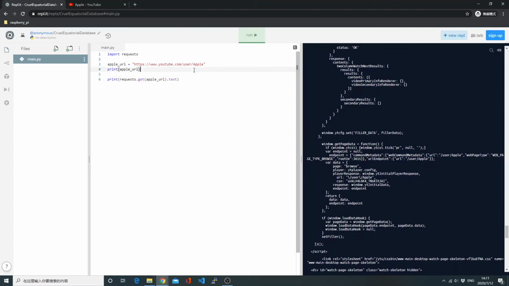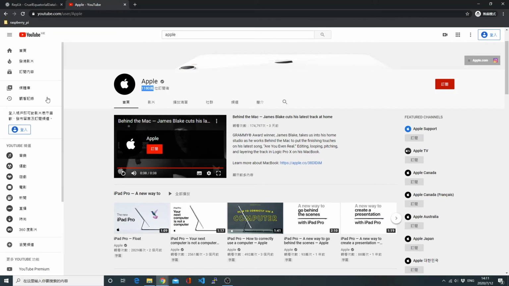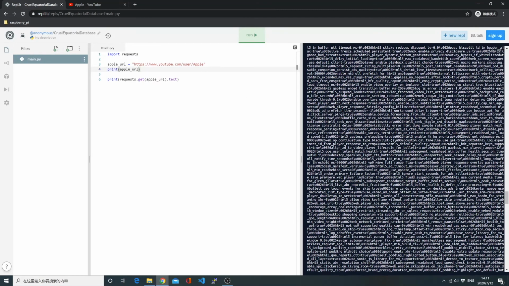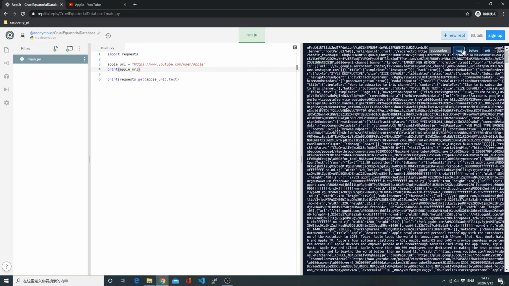But in our particular context here, we actually don't care about how it looks or how the logo and pictures are laid out. All we care about is the subscriber count. So if you click the find button on the console on Replit, you can search for keywords. So if we search for subscriber and click next, we can actually find something